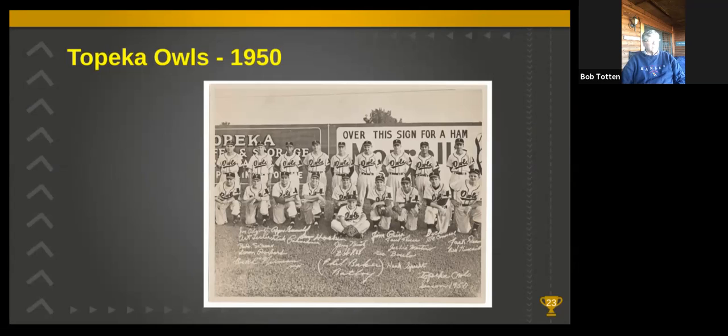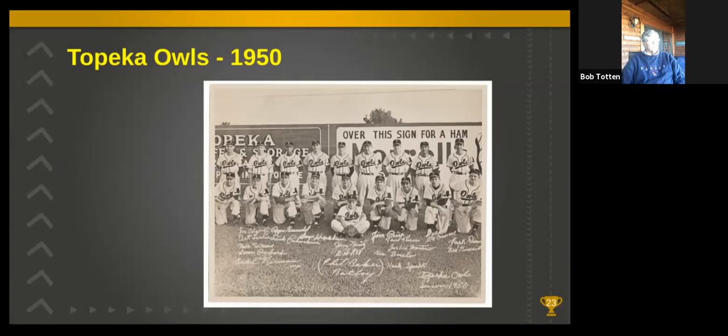This photo was taken in front of the right field fence, and there's a sign from Morrell Meatpacking that says if you hit the home run over the sign, you'll win a ham. And the story goes that both Bob Lee and Butch Neiman were not only proficient at hitting home runs, but hitting them over the sign there, so that their families had plenty of ham to eat.